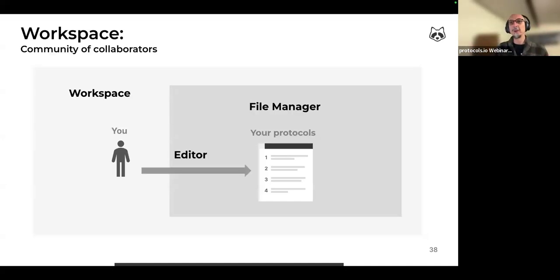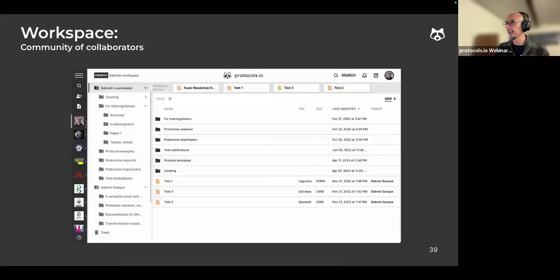Now, going back to the workspace, this is the space for collaborations. You can invite anyone to join your workspace. It can be a student or postdoc in your same lab. It can be another faculty member within the same institution, or even external collaborators.